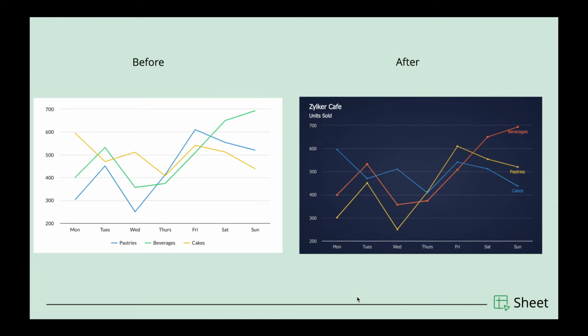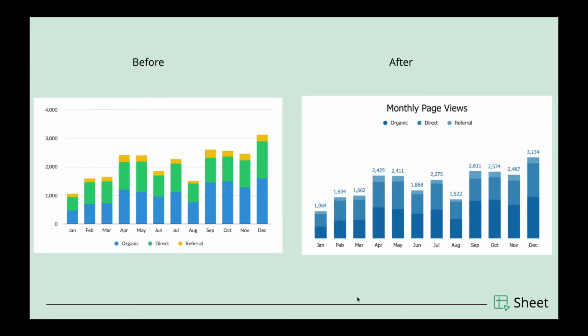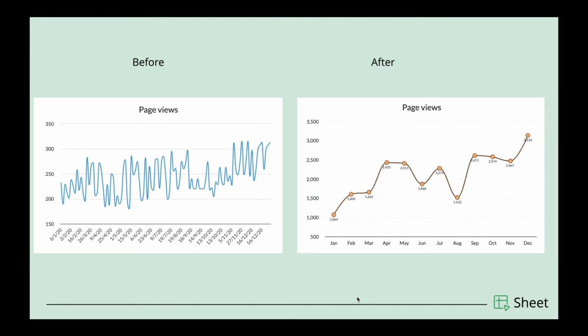So on the right you can see how the lines have been prominently shown, and the series labels are also being shown right besides those lines, so it is more easy for me to actually comprehend what the chart is displaying. Similarly, we have a stacked column chart here that is designed in a monochrome style. And next we have a single series line graph. So you can see how the data aggregation is also done so that the graph is more meaningful and clear. And you can see the markers and the data labels, etc.